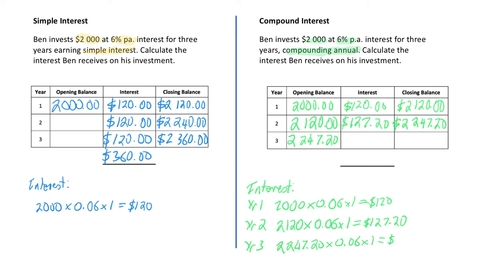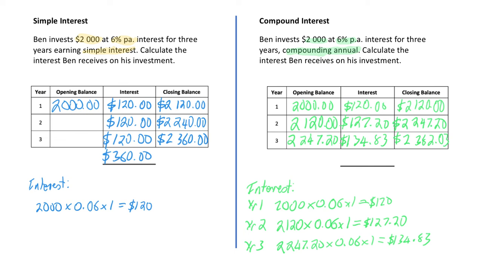And that becomes $134.83. So the balance at the end of the 3 years is $2,382.03. So having a look at the interest over the 3 years, the first year is $120,